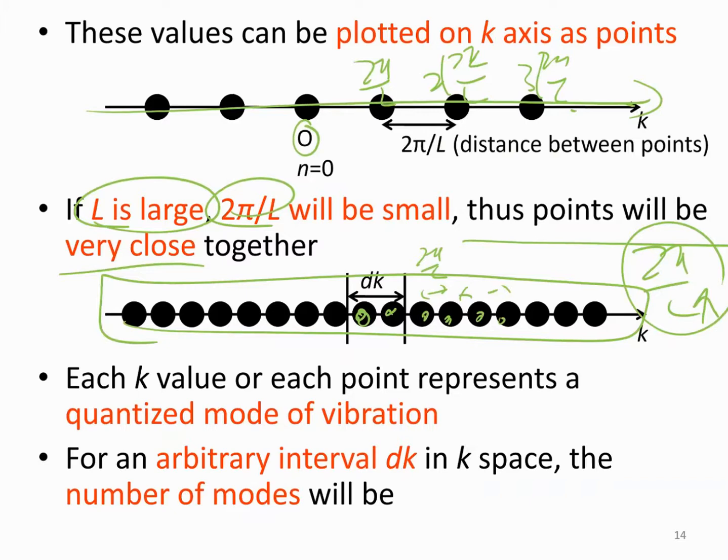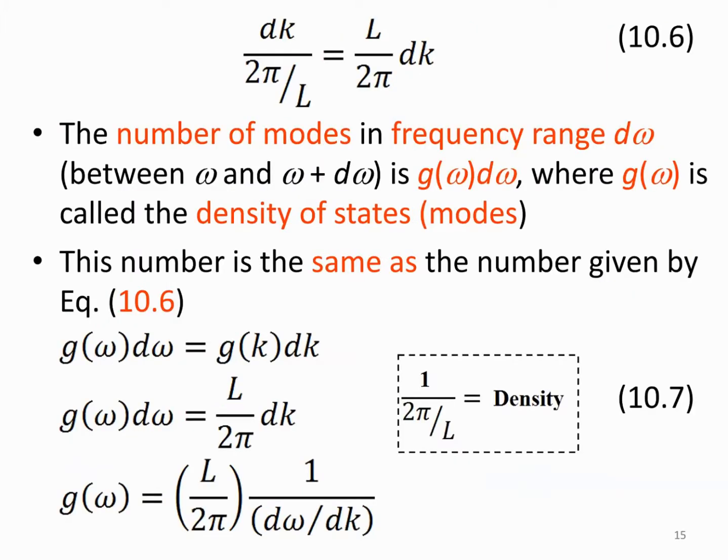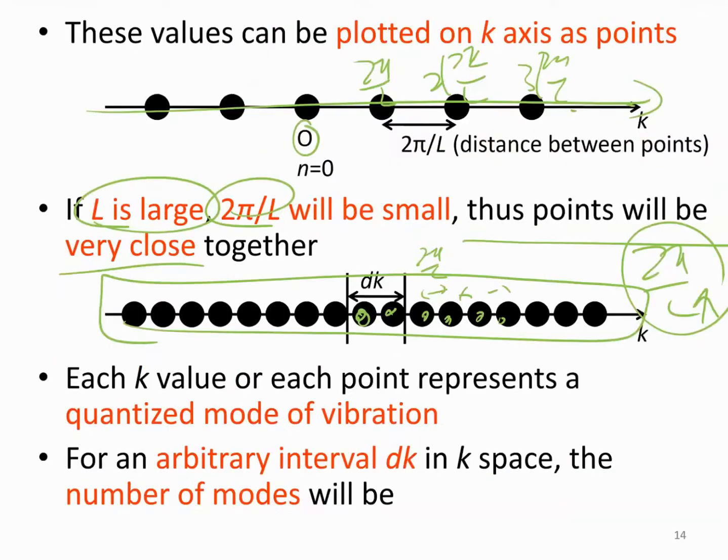Okay, so for an arbitrary interval dk in the k space, the number of modes will be dk over 2 pi over L, which equals L over 2 pi times dk. What do I mean? Okay, remember I said that